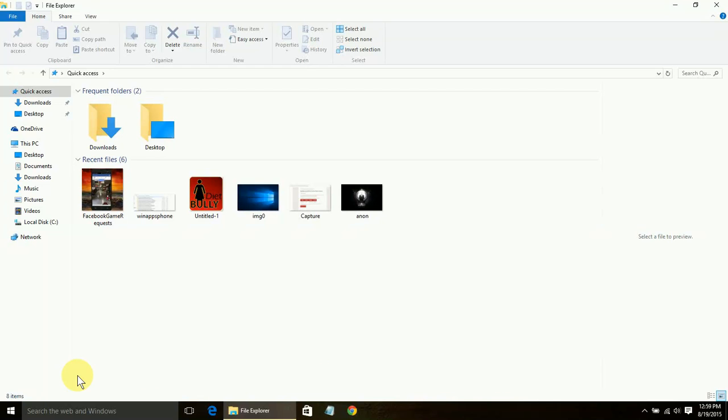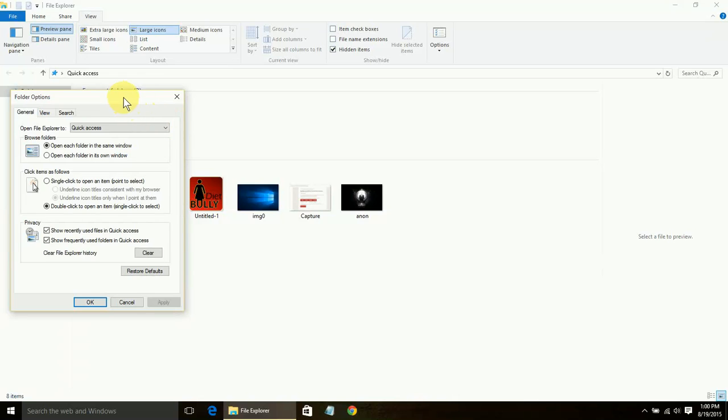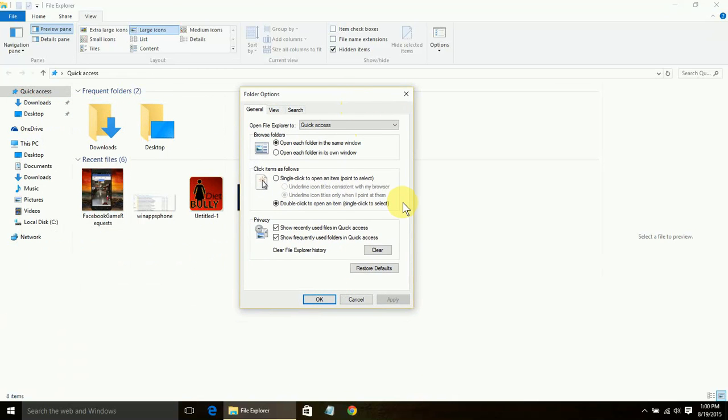So to make it a little bit more user friendly, what we're going to do is come up to the top and click on the View tab. At the far right you'll see Options. We want to click on the bottom section that has the little arrow and says Options, and then Change Folder and Search Options. The window that pops up